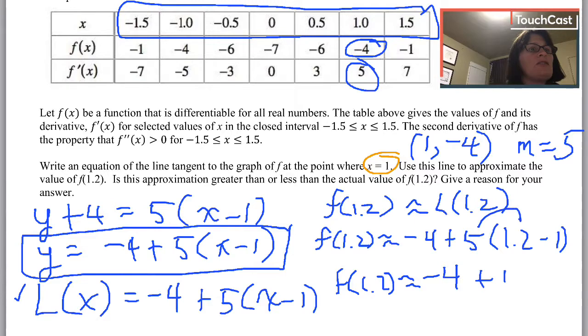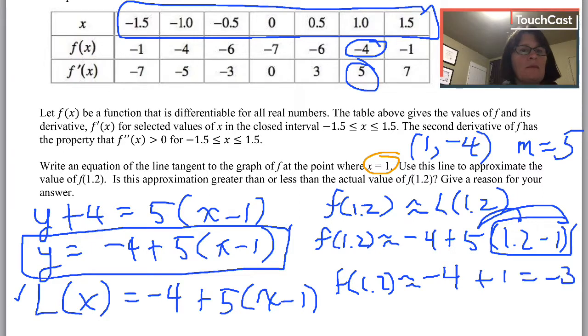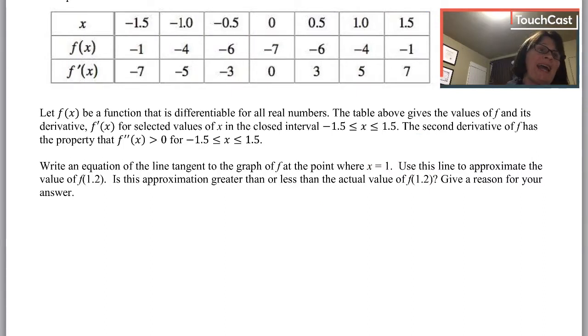Notice that if I had distributed that, I end up doing more math with more decimals. So please consider leaving this not distributed and simplifying that expression first. All right, so I have one more part, and that's to say whether my approximation, which is -3, is an overestimate or an underestimate of the actual value of f of 1.2. So I have to examine, in order to answer that, I'm going to have to examine the concavity of f. Well, what do I know about